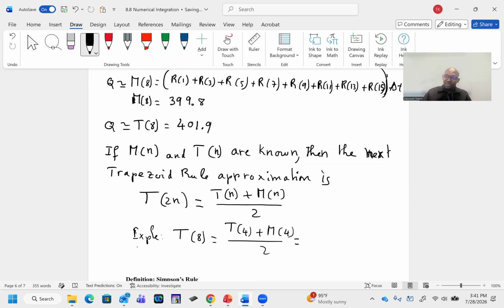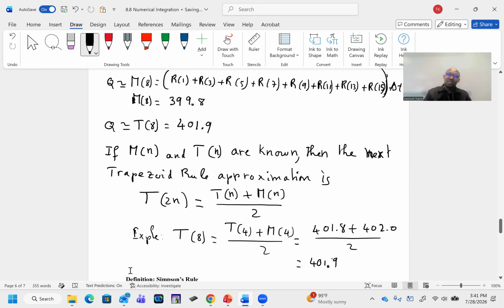The trapezoid of 4 we find is 401.8 plus the midpoint of 4 we find that's 402 divided by 2. You see it will give us exactly 401.9. Okay,